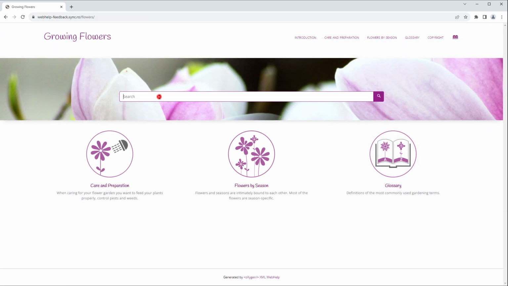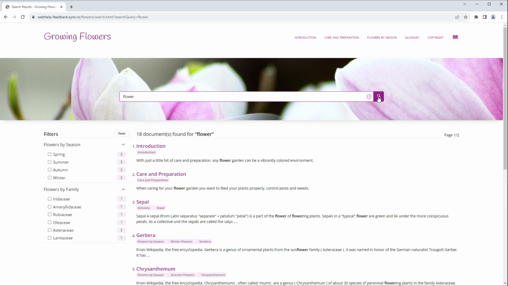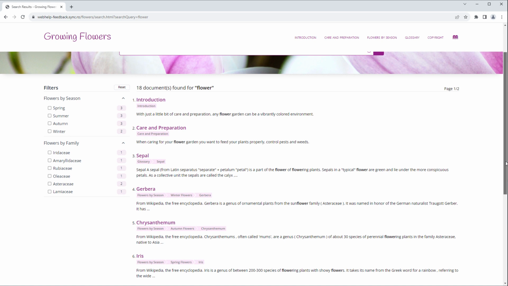Now we'll go to the corresponding WebHelp output to show the Oxygen Feedback search engine in action. The search results are ranked based on a complex algorithm used by the Oxygen Feedback search engine to determine the relevance of each page compared to the user's search query. The search engine computes scores for every result that matches the search criteria and uses this score to sort the search results and the ranking depending on the location and the number of occurrences of the search terms in the